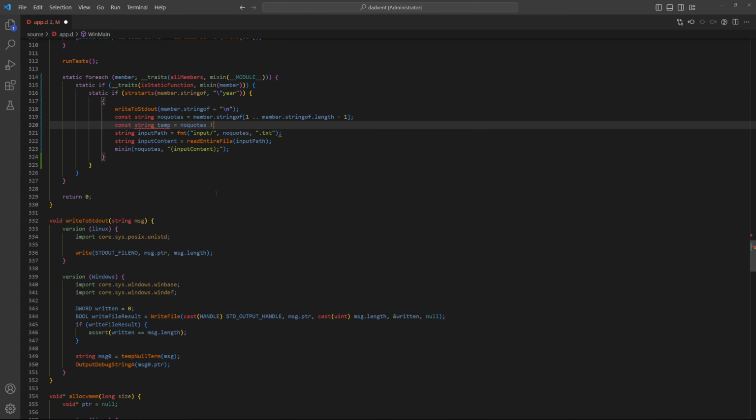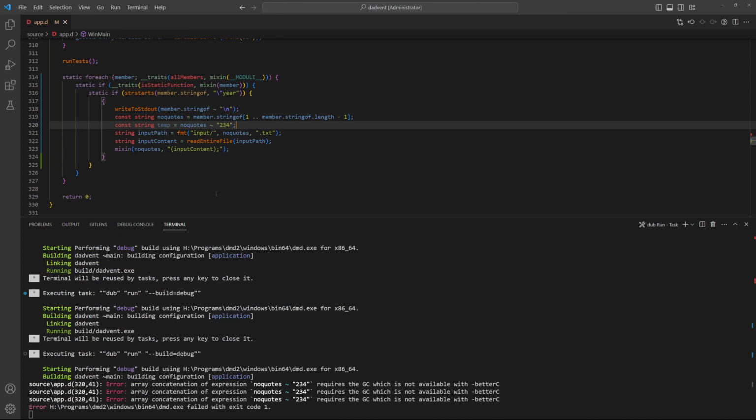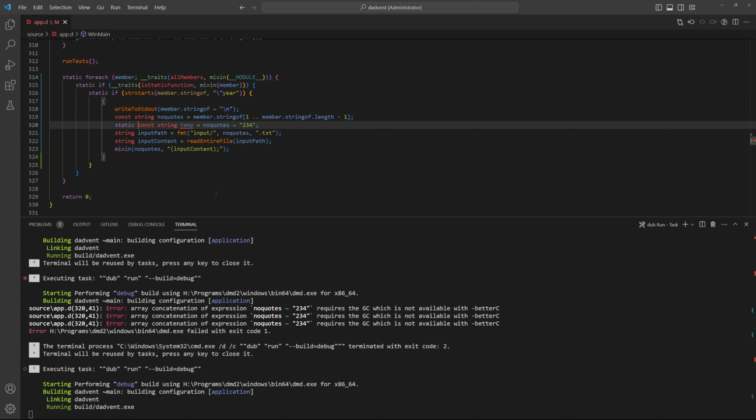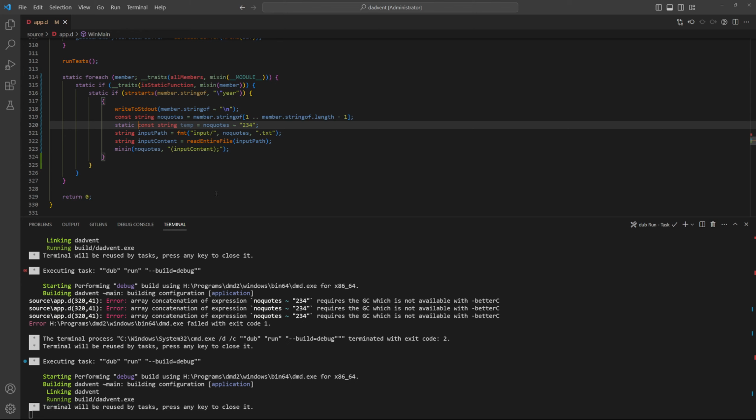Like, why can't you just concatenate two strings when you know both of them? It requires GC, but what if it doesn't though? Static. Oh, so it doesn't require GC. Which means that you could just